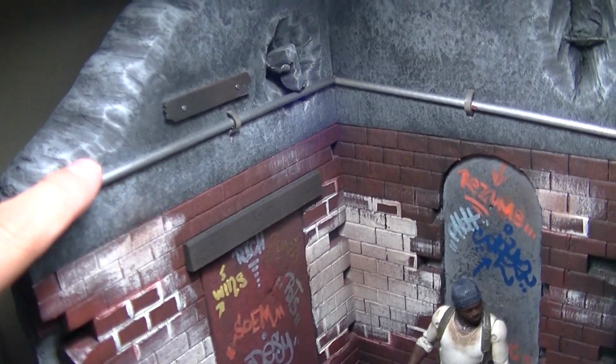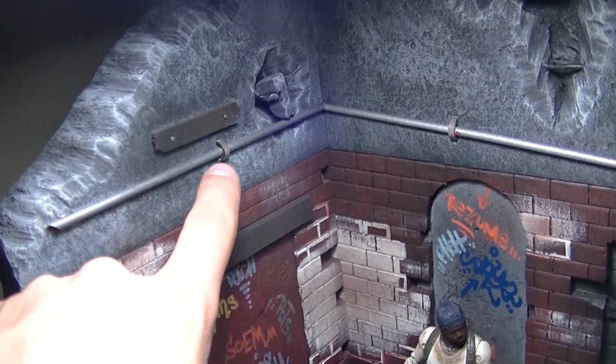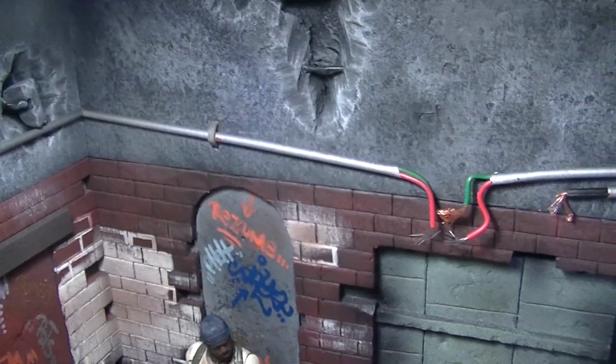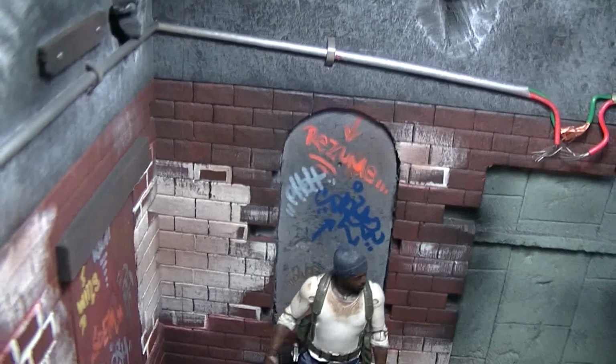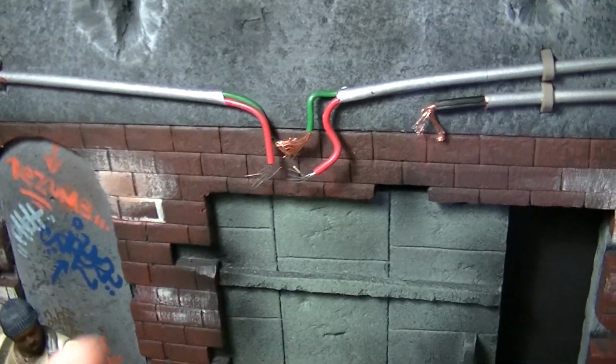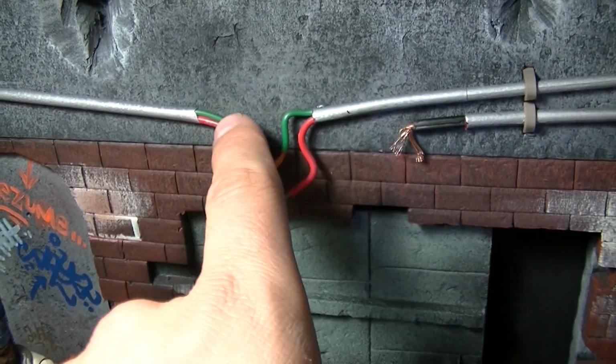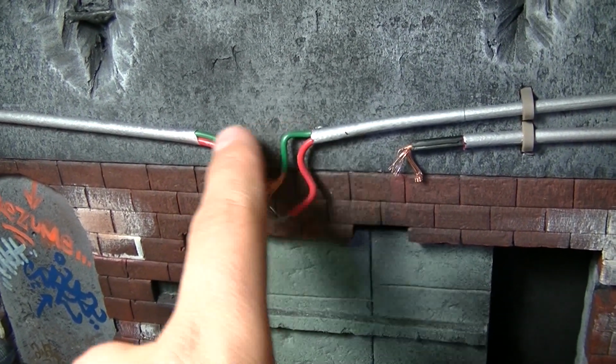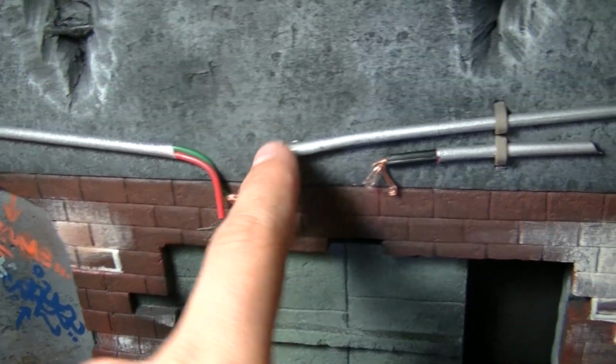Went with the silver piping. Used zip ties to tie them to the wall, and you can see it there in the back. Kind of ties there, and then I put hot glue over it just to tighten it up even more. Then I just hung a couple of wires out. Nothing groundbreaking has been done before, but it's my first time, I believe, doing something like this, so